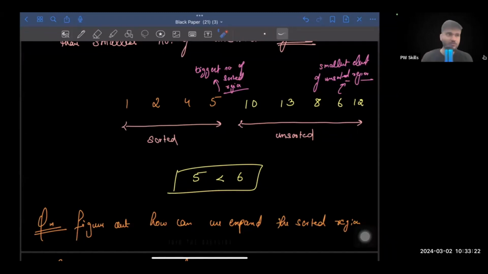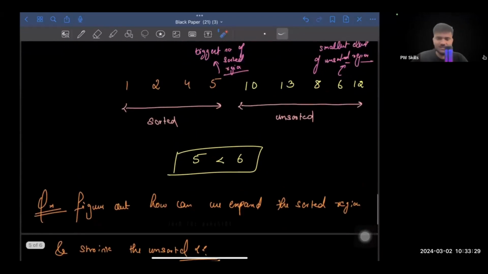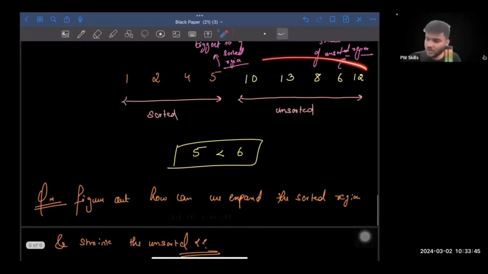Okay, let's start talking about it. As I said, we are in this situation, and we have to come out of it somehow. How can I do that? The simplest way of expanding the sorted region and shrinking the unsorted region is by doing one simple thing. What is that one simple thing? What we can do is, in the unsorted region, because we know the division of the region,